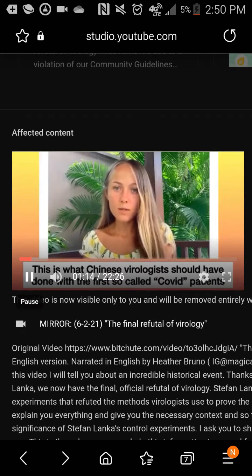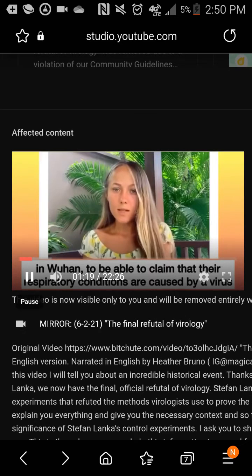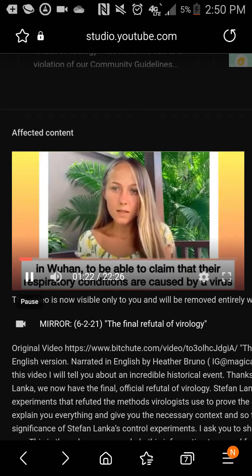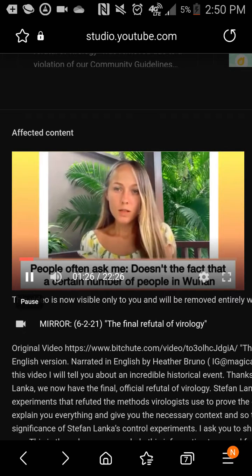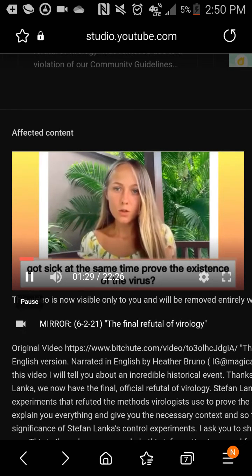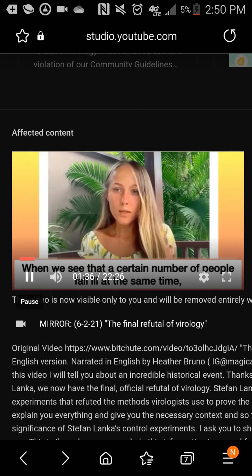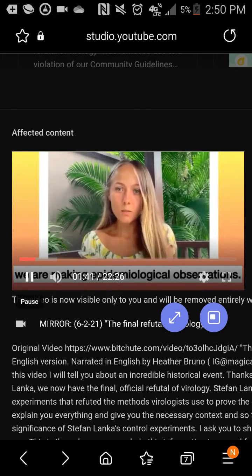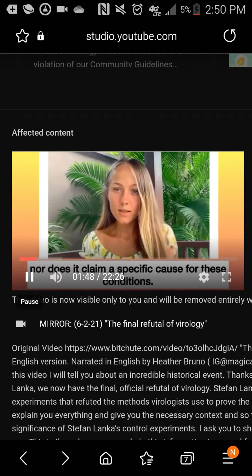This is what Chinese virologists should have done with the first so-called COVID patients in Wuhan, to be able to claim that their respiratory conditions are caused by a virus. People often ask me, doesn't the fact that a certain number of people in Wuhan got sick at the same time prove the existence of the virus? Let's clarify this point. When we see that a certain number of people fall ill at the same time, we are making epidemiological observations. Epidemiology does not prove the existence of anything, nor does it claim a specific cause for these